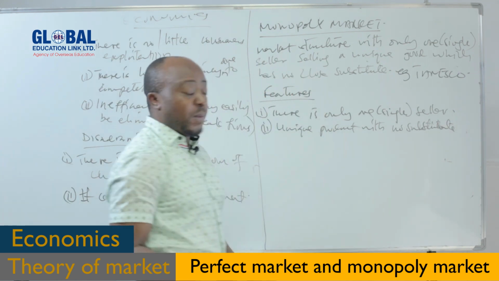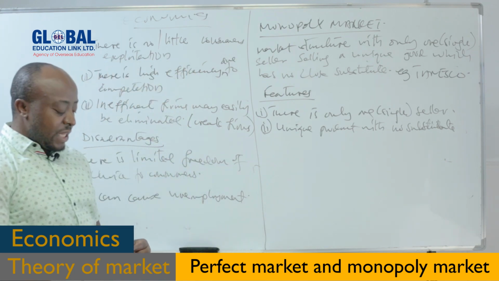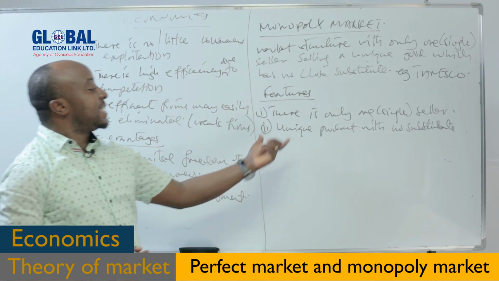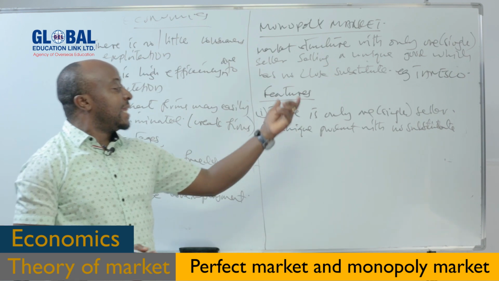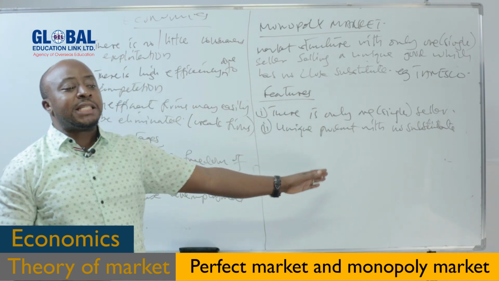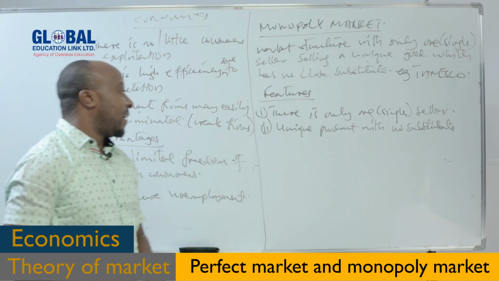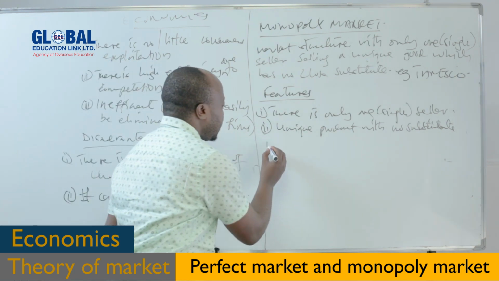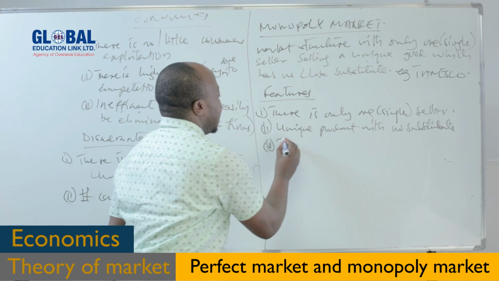This is for the case of monopoly. So it is selling, or they are selling a good which is unique in the community, in the economy, and that good has no cross substitute. This is for the case of this one. Then another one, we say there is